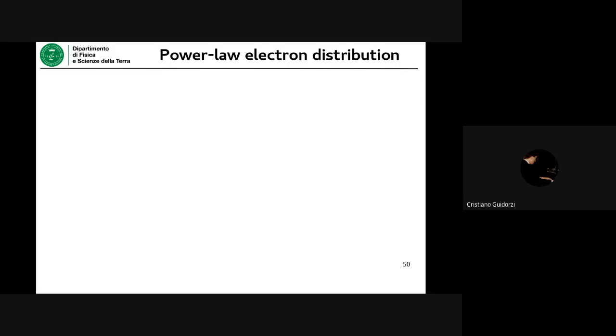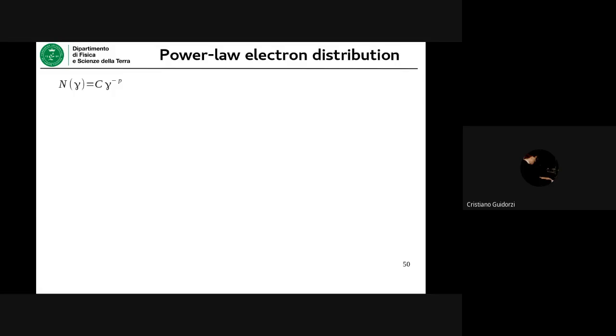So it is often the case that when you wonder about the total power emitted by a population of electrons within a magnetic field, given that these electrons are emitting synchrotron, meaning they are ultra-relativistic, such a population is often found to follow a power law distribution. So the goal now is to find out the total resulting synchrotron radiation of a population of electrons whose energy is described by the power law